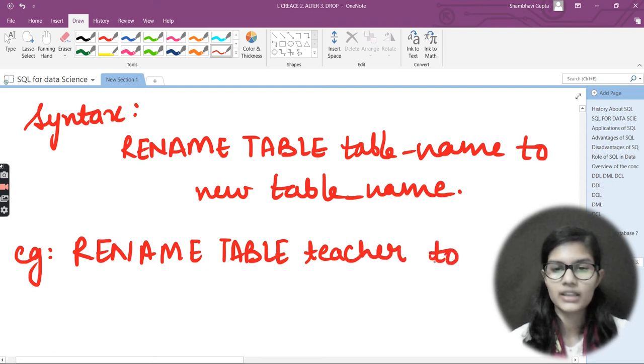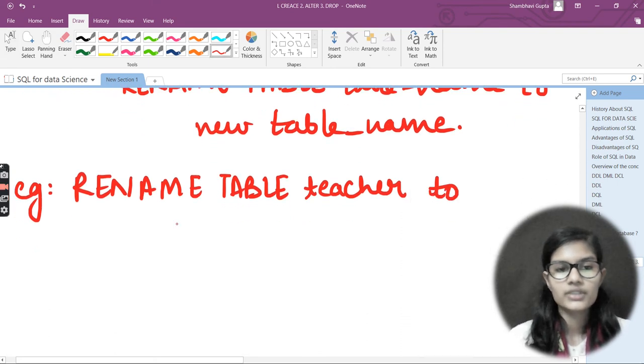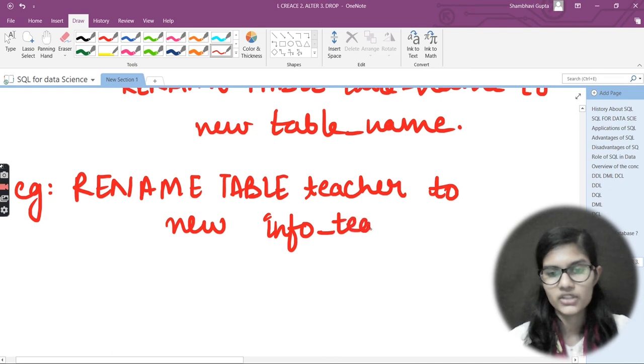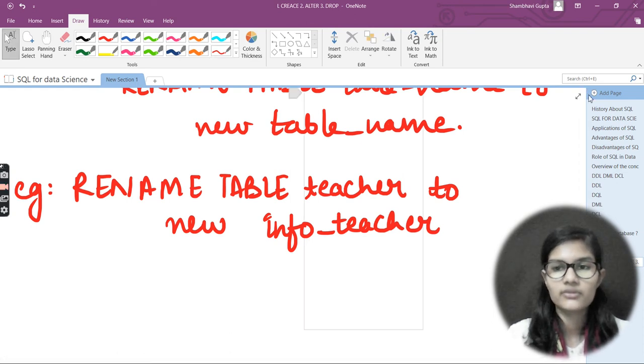After that, I use this TO, and then the new table name which I want to put, let's say info_teacher. The teacher table which I had, I want to convert into info_teacher, right? So this is how I could rename this table, teacher, and give it a new name, info_teacher.